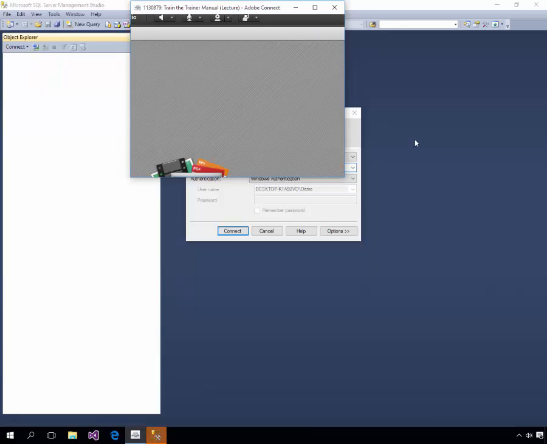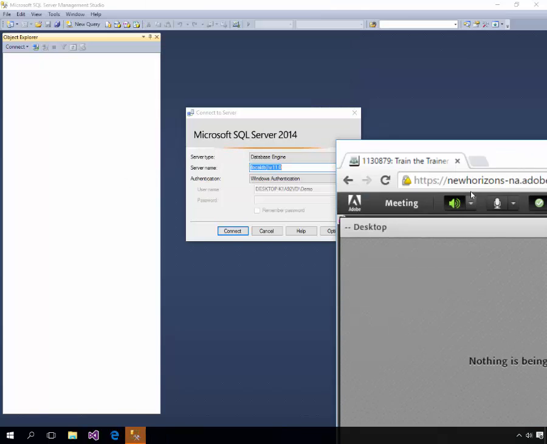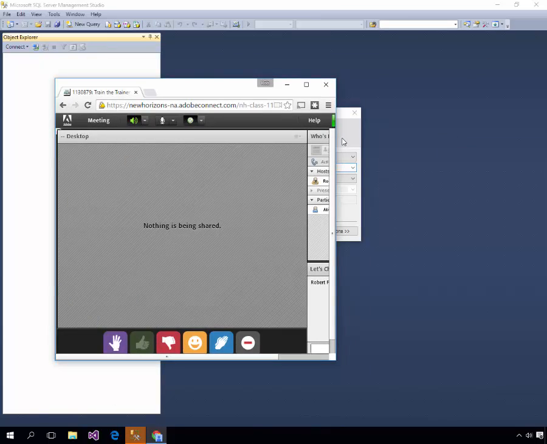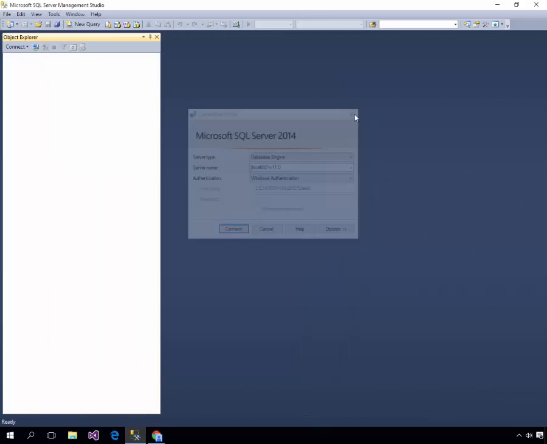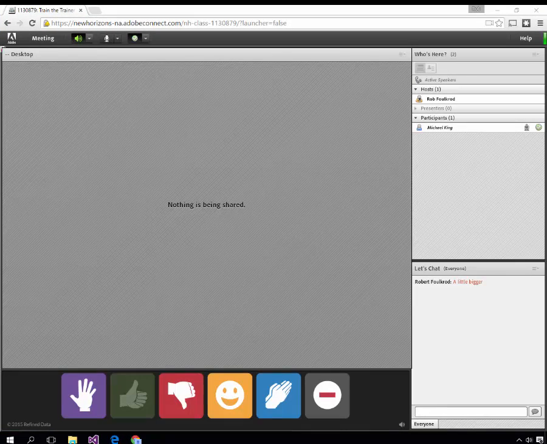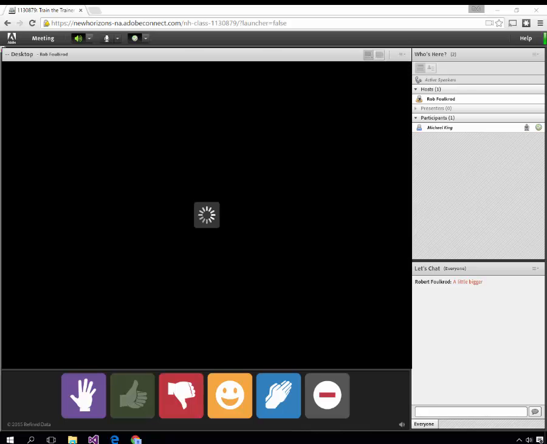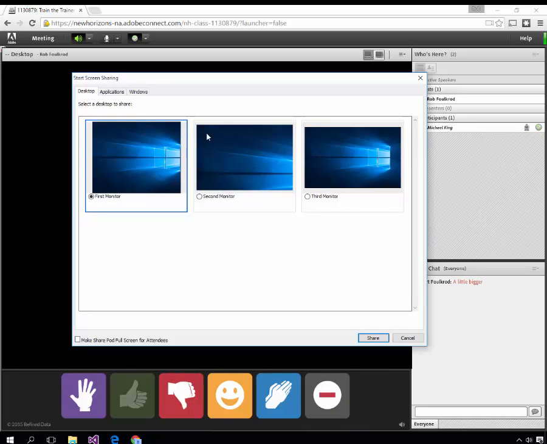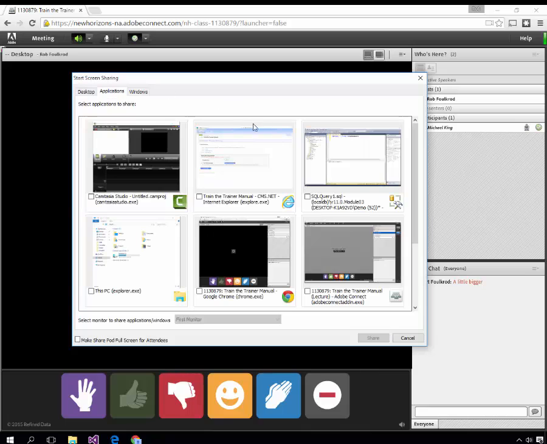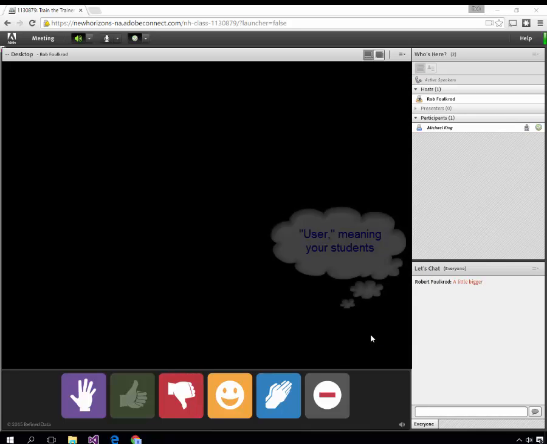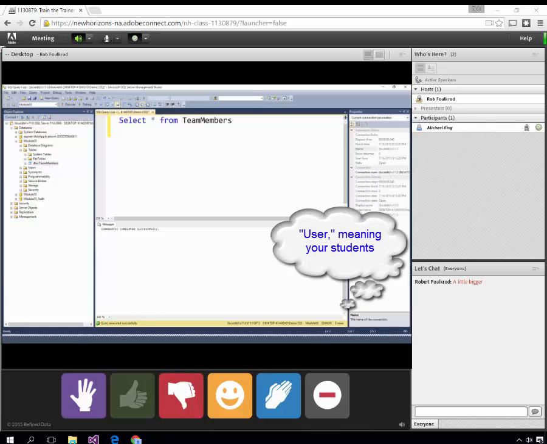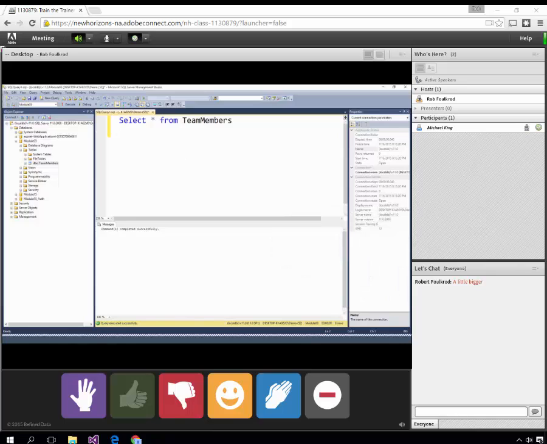What I'm going to do right now is switch machines over here. We're going to take a look at what my users are going to see. This time, I'm going to share my screen and pick application. I'm going to pick one of the applications that I have up and running, and click Share. What you're going to see right now is the user's perspective. I've chosen just to show out a single application. Right now, you don't see much of a difference, but if you look down at the bottom,